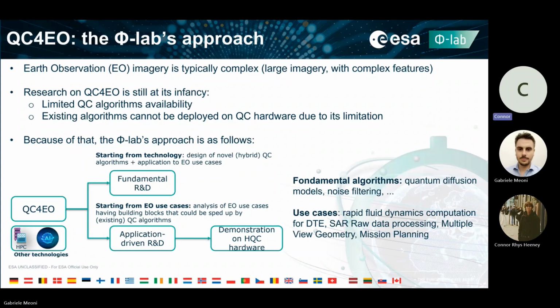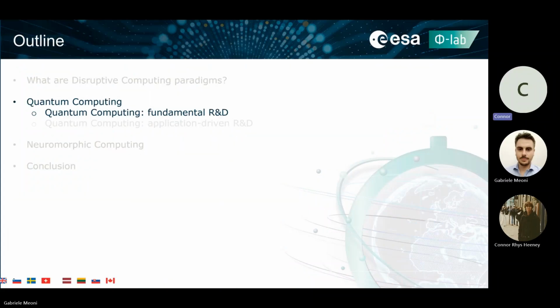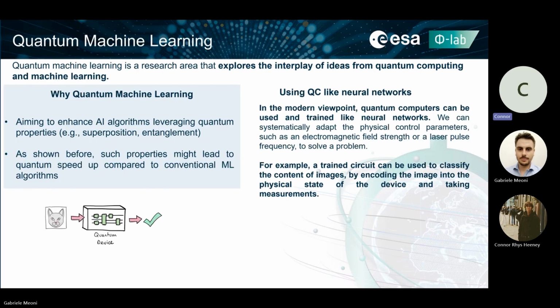So what is our approach with quantum computing? Since we are well aware that there are limitations both on the hardware and computing perspective, we are actually using a twofold approach. From one side, we are doing fundamental research, so we are developing algorithms that can be used for Earth observation or even for other applications. From the other side, we are really looking at what kind of application quantum computing can actually help. So just to start with the fundamental research,